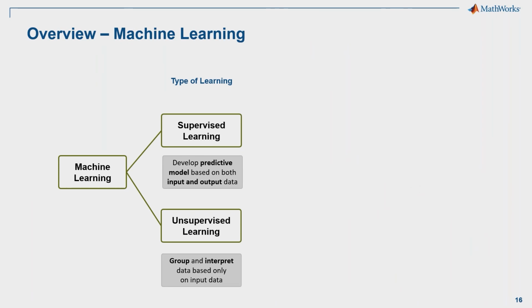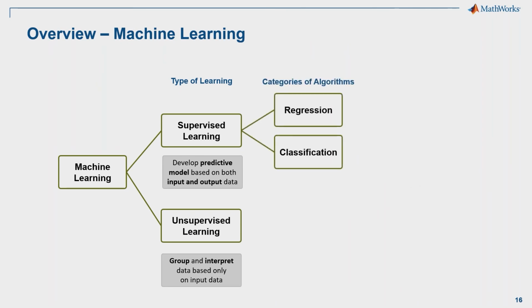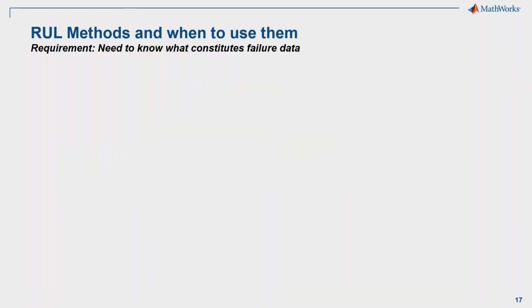Now, coming back to this overview of machine learning, we are going to be going to the supervised learning approach here, and specifically, we are going to be looking at regression because we're trying to estimate a numerical value, right? A number of cycles or a number of days or a number of minutes or what have you, whatever your time scale ends up being. Now, there's a number of different methods that we can use in order to solve this sort of problem, and really it comes down to what data we have available to us at the time